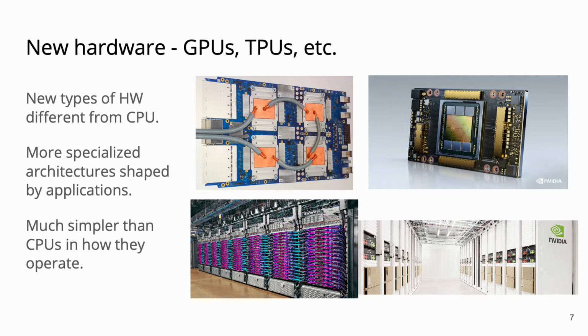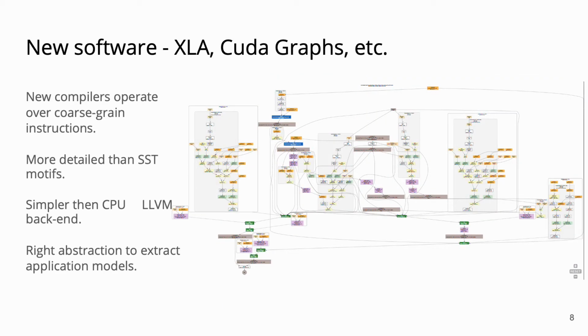But at the same time, it's much simpler to learn how it operates. New hardware requires new software, like compilers, low-level libraries, and high-level frameworks. They look dauntingly complex, but hardware simplifies these software layers as well. The image shows a compiled representation of a simple neural network. On the one hand, it looks very complex for something like a manual analysis. On the other hand, every block represents a multi-instruction operation or a kernel call. The level of detail is much coarser grained than what you typically get from a CPU compiler, such as LLVM.